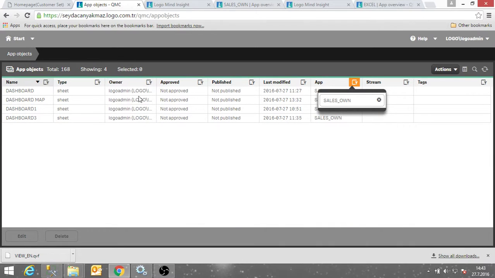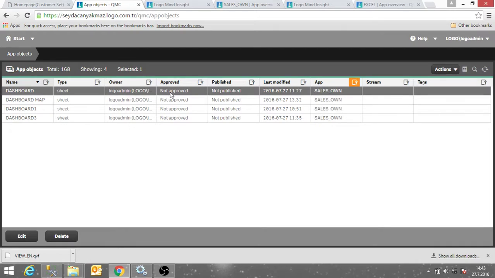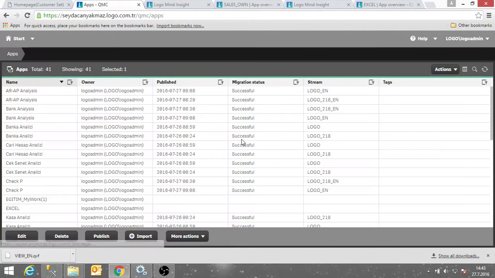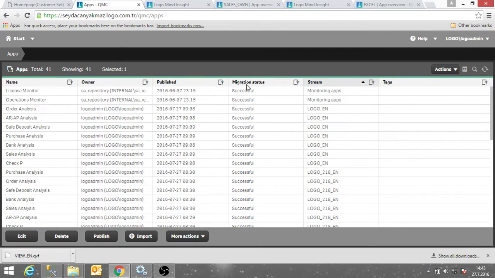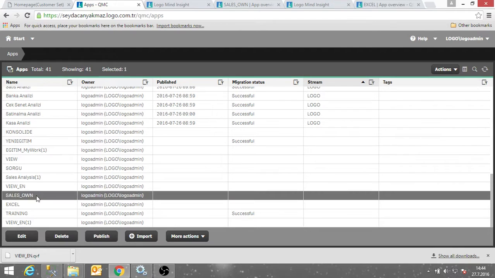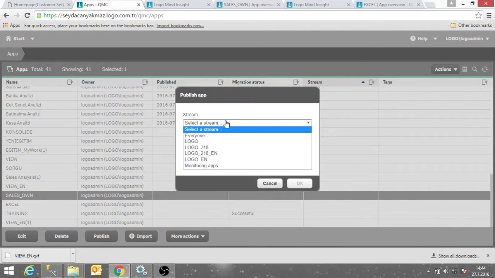In your Sales On app, you can see your sheet and its owner, its published, or anything else. There is no publishing on this app. If you want to publish something from here, you have to use your apps menu. I will go to my Sales On app. When I click it, the publish button will be activated, and if I select this, you